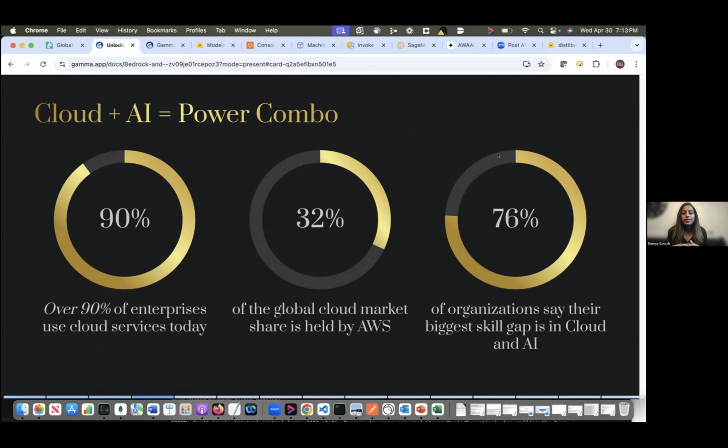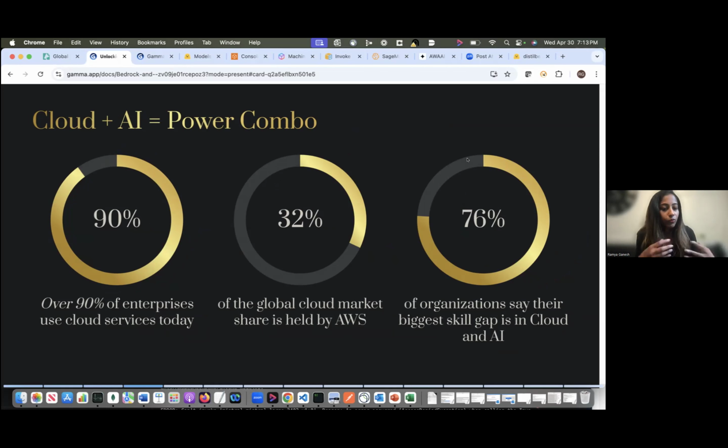And 76% of organizations say that the biggest skill gap is in cloud and AI. Cloud has been there for a decade, so we have people skilled in cloud, but there are not many people who are skilled in both cloud as well as AI. So that's where the biggest gap is. So when we learn about AI, it's equally important to learn how we deploy these applications in cloud.